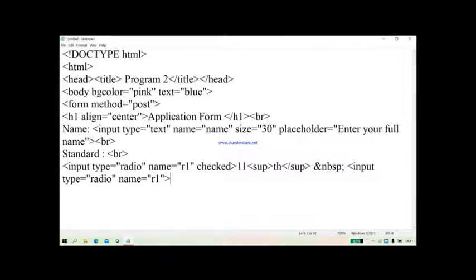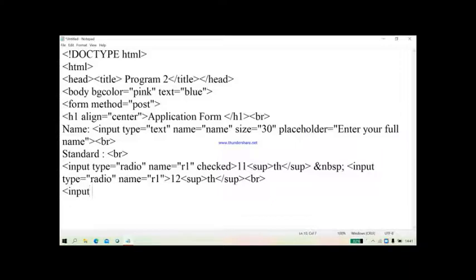So for single selection, always remember that name must be same in the radio button. So here you will write 12th now. So 12th again superscript, th and slash superscript and then br. So 11th and 12th, only one selection is there.